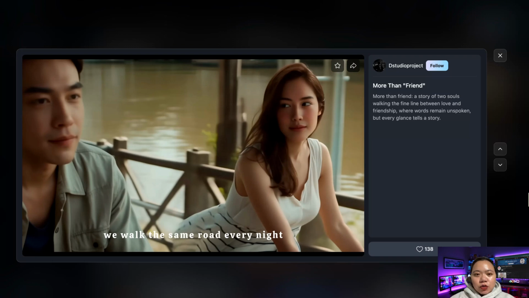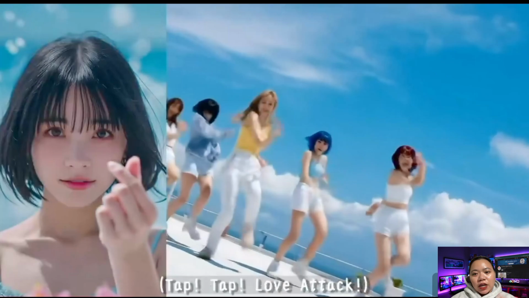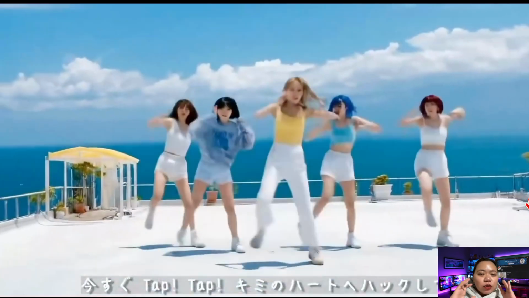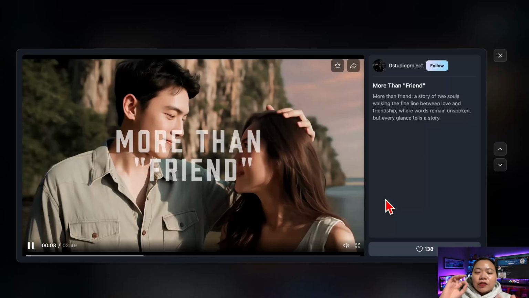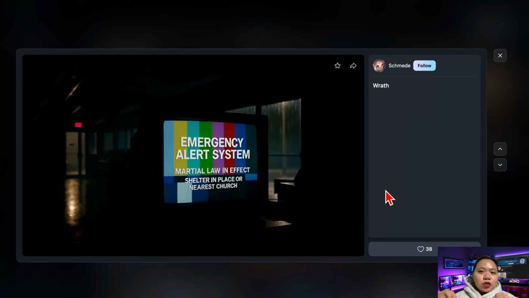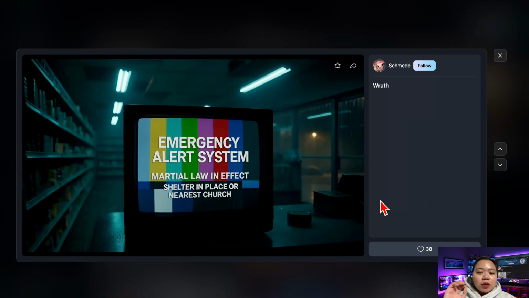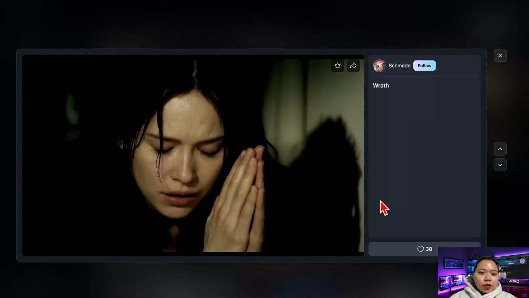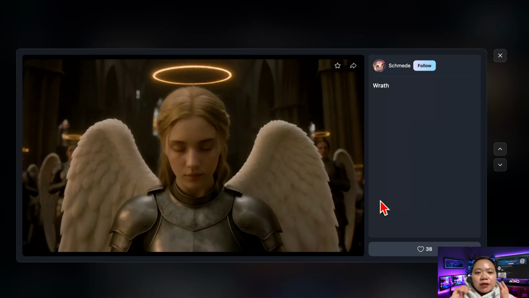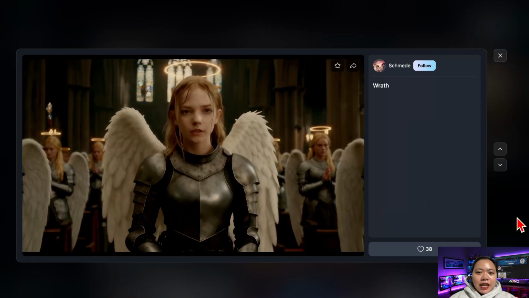So, what makes VIDU Q2 so special? If you've seen earlier video models like Sora or Runway, you know how impressive AI video generation has already become. But Q2 takes things to another level. This model doesn't just generate clips, it performs them. It transforms your text prompts into cinematic storytelling powered by neural logic and visual intelligence so advanced it almost feels alive. Forget static renderers or short looping animations. Video Q2 delivers something closer to real cinematography. So every scene has composition, camera work, and emotion built in.